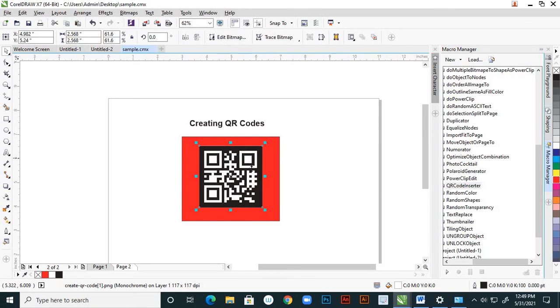This is already linked with, suppose, a website, right? That web address is already there, we gave that. So with the QR code scanner you can scan it and visit that particular website in detail. So this is how to create QR codes, right?